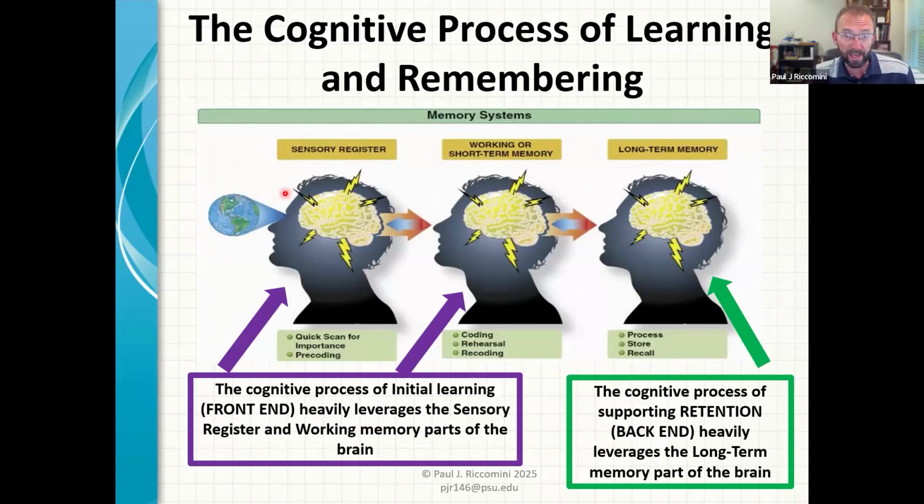And we're trying to change it in a way where it is allowing kids to access the content, learn the content, and then retain the content. And within the cognitive process, there's different parts that are being used at different parts of learning. So in the front end of learning, and this is really where this strategy is designed to be used, however, there's certainly some applications on the back end. But when kids are trying to learn something new, so this is when you're teaching them something new, the two parts of the cognitive process that tend to take the bulk of the responsibility for learning first